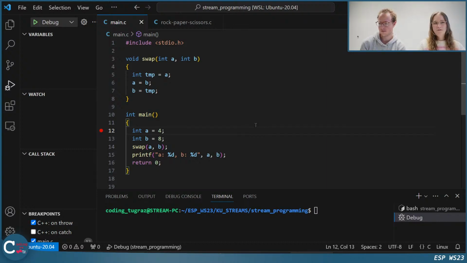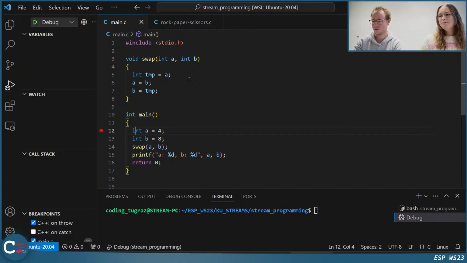And why do we start in the main function and not in the void, so not in the swap? We always start in the main. In C, you start with the main function, and it can be declared and defined anywhere in your program. It doesn't matter which function is at the very top. We always start with the main function. And unlike in Python, you also can't write anything outside of functions. You can just write code within functions, except like variables.